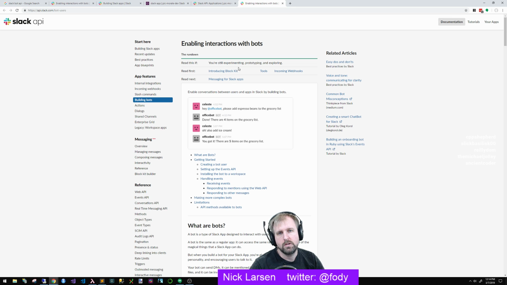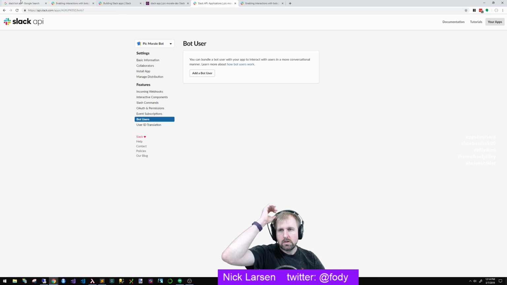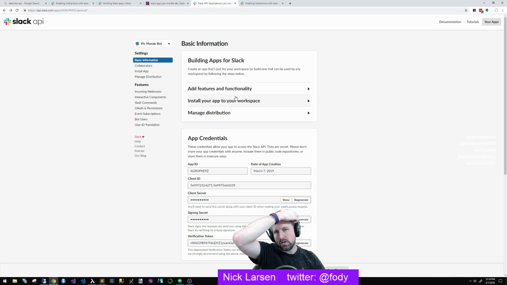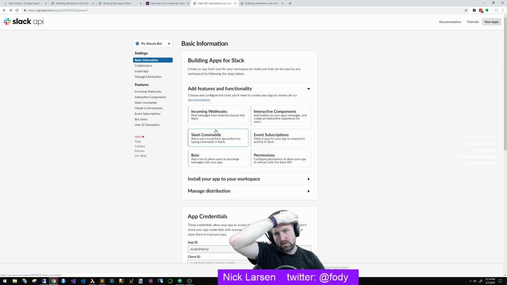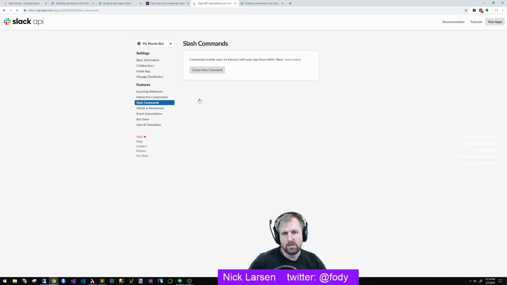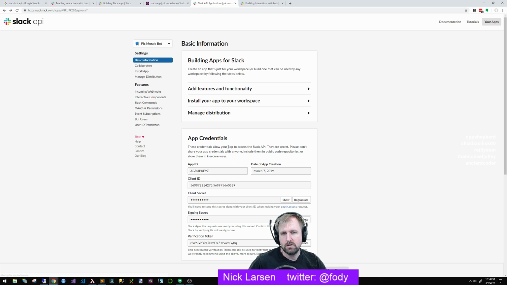Read this if you are still experimenting, prototyping, and exploring. Read first, introducing BlockKit. Tools, incoming webhooks. Nope. Okay. I feel like the slash commands is ideal because I want it to, I guess it's just like anything